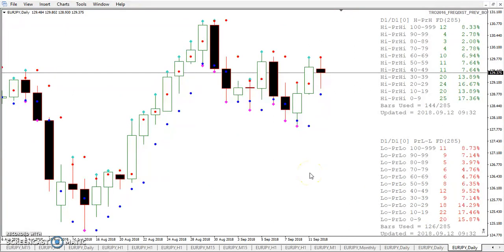And then finally, looking at the breakout, high minus the previous high, and then the previous low minus the low. So if you see a diamond, that means it broke out of the previous. The dot just shows you where the previous is. So far today, we haven't had that breakout. But you see, yesterday there was a nice one, the day before a small one, the day before that a nice one, a small one. Here's a nice breakout to the upside. So once again, you can see when you get the break,